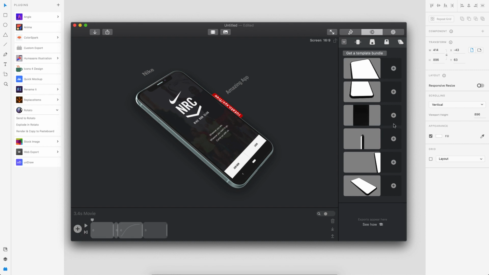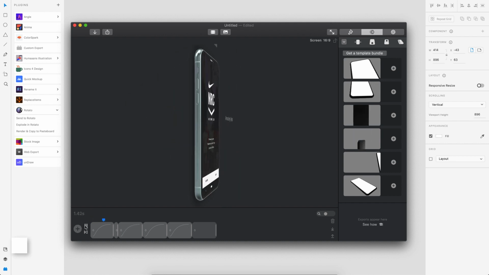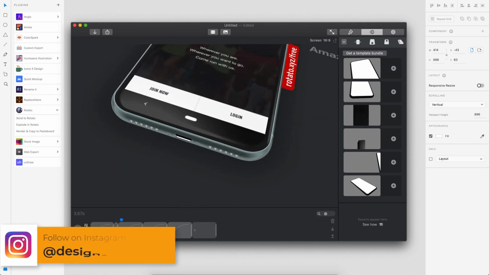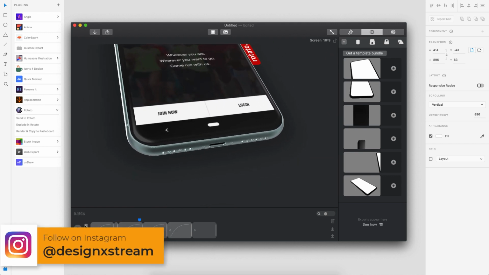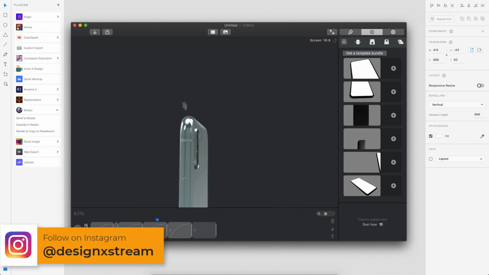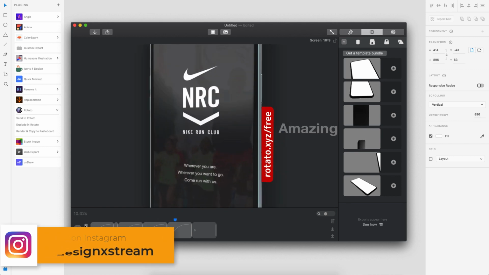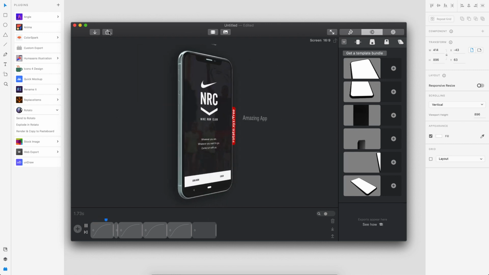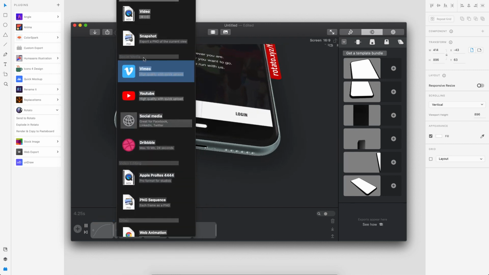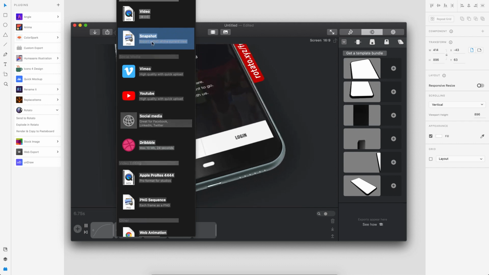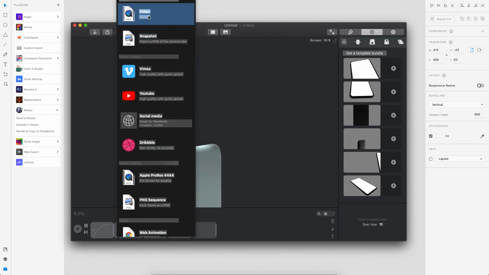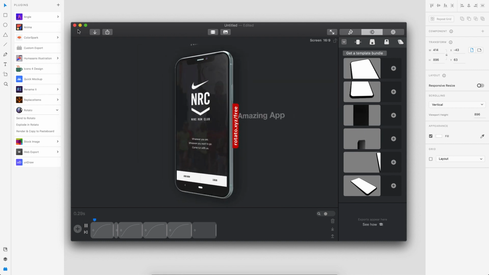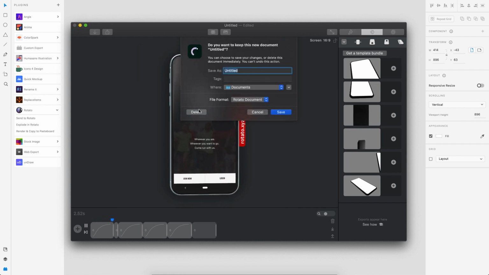So I can just click on this add option and it just adds those different template animations, and you can just play it here and see how cool it looks. So you can basically make a whole amazing app promo out of this particular app, and that's going to look really cool. So as you can see here, once you like everything, you can just head towards the export option here. And if you're looking for just an image or a snapshot, you can go for this option, or if you're on the video, you can go for the video option as well. So that's all about the Rotato plugin. And now let's head towards the next one.